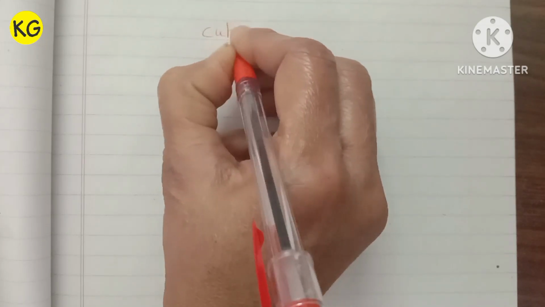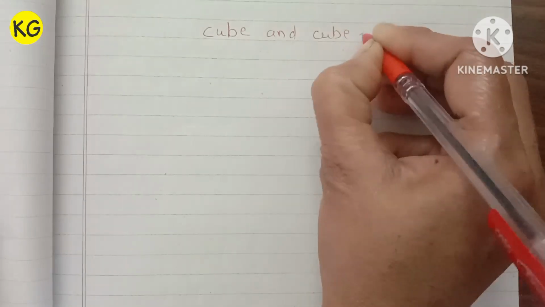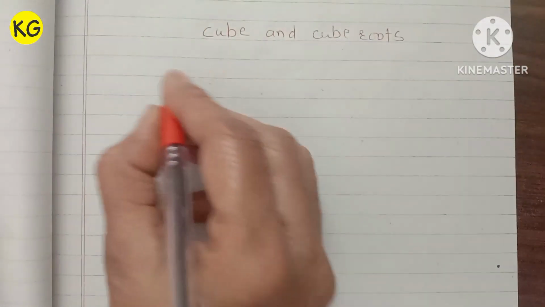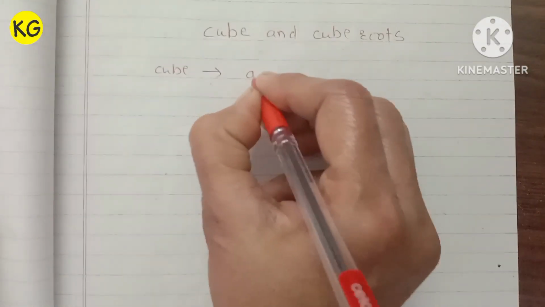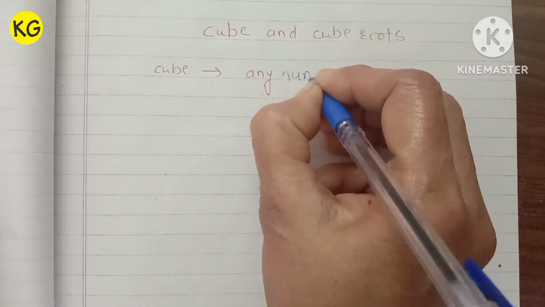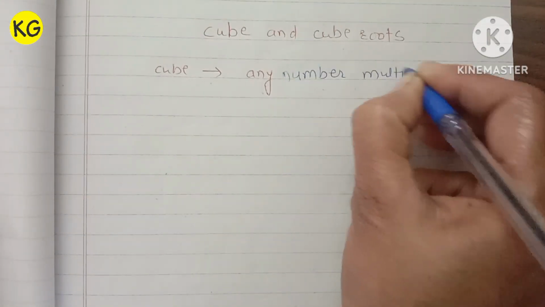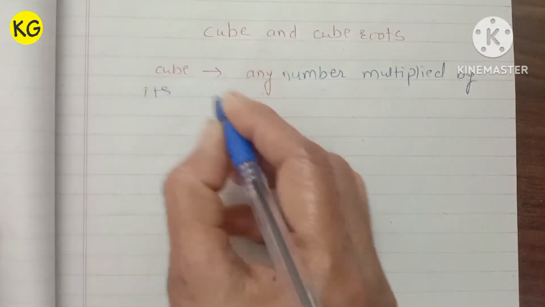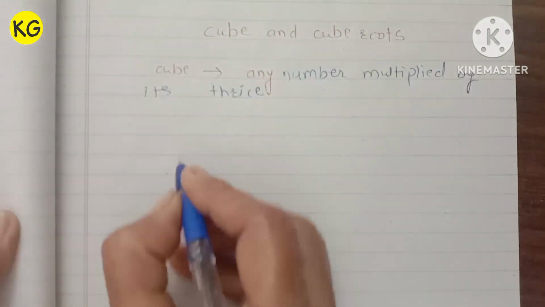Today we see cube and cube roots. What is a cube? A cube means any number multiplied by itself thrice. That is,